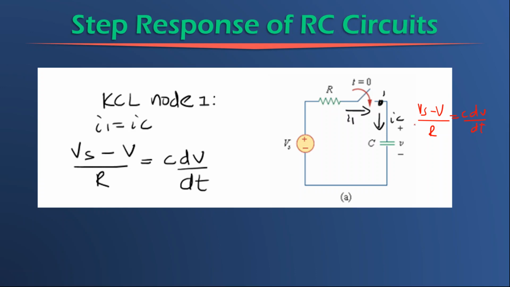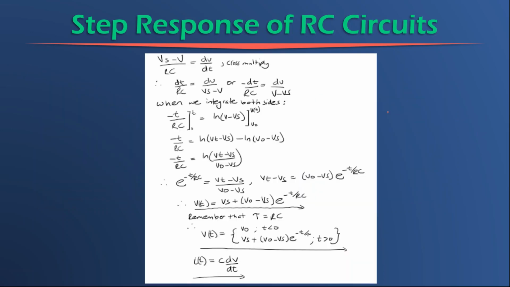Right, we've got our first order differential equation, and the next thing will be for us to cross multiply and get to similar factors such that it's the rate of change of the voltage with respect to V. We apply ln and we continue to simplify the expression